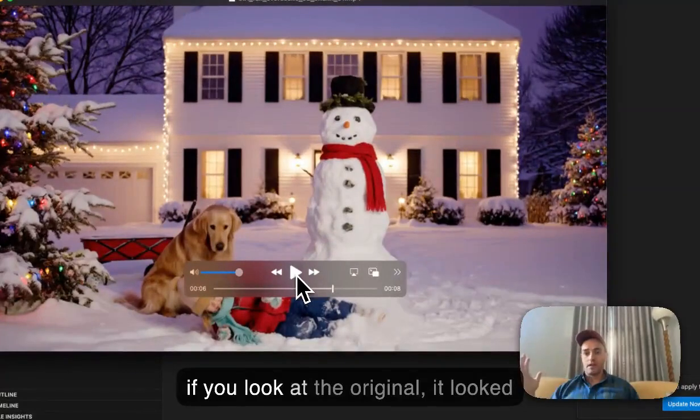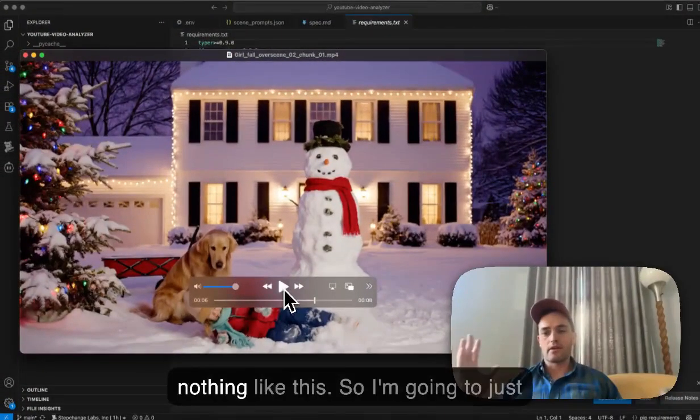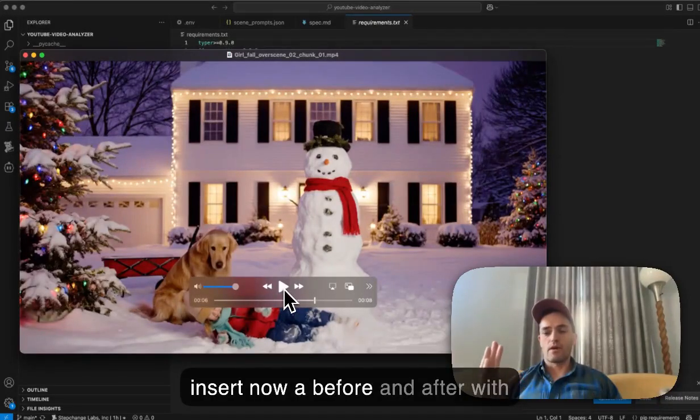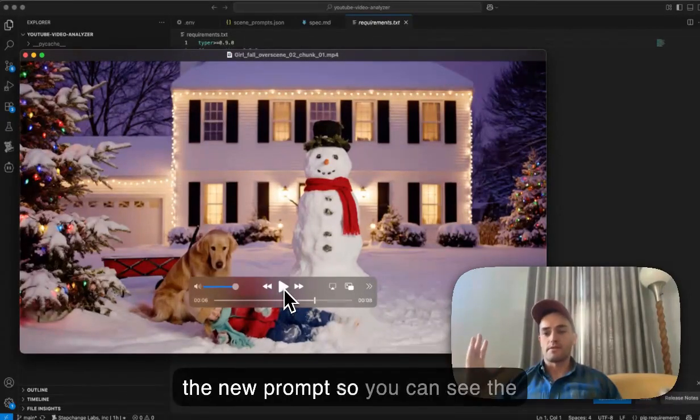Now, if you look at the original, it looked nothing like this. So I'm going to just insert now a before and after with the new prompt so you can see the